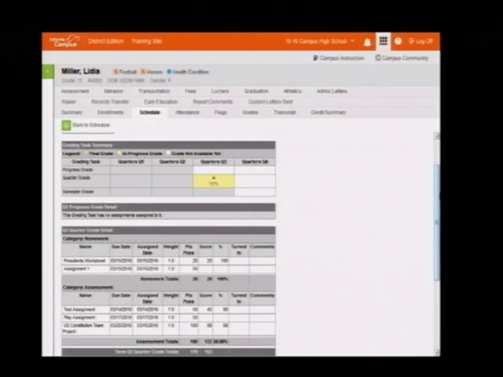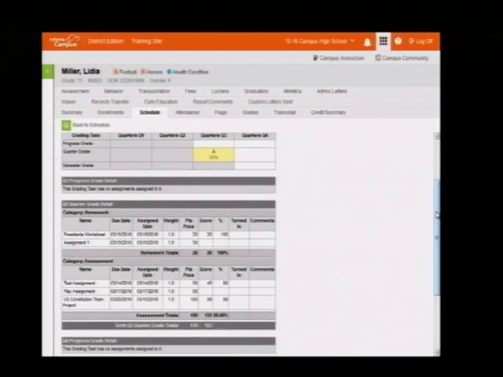The nice thing about this is, if I needed to take some corrective action, if the student was struggling, I could do that, and I see where she's actually struggling. I see what assignments that student was struggling on as well. All right?